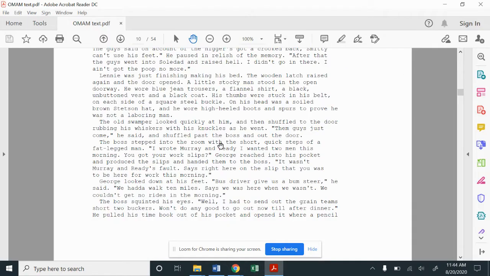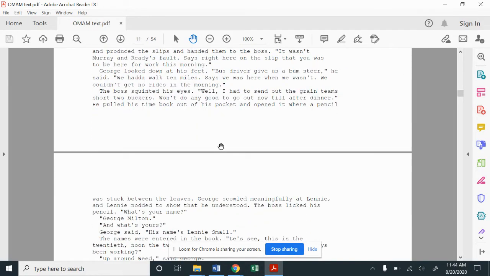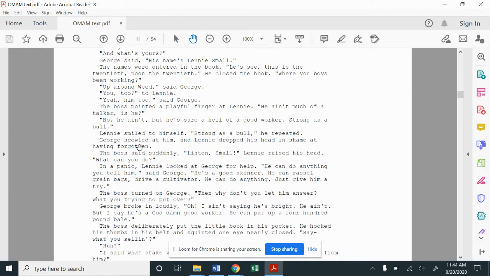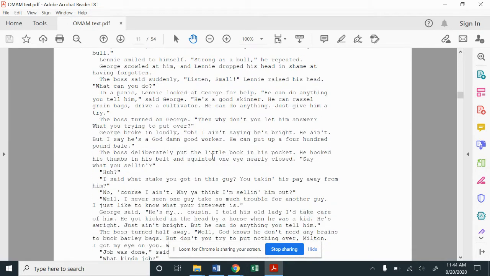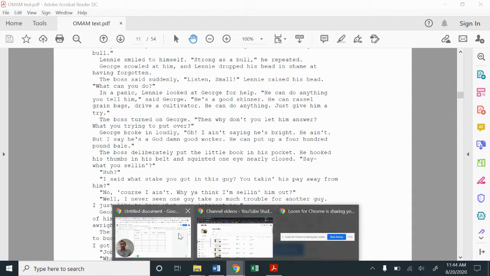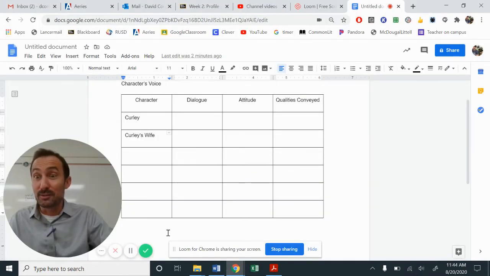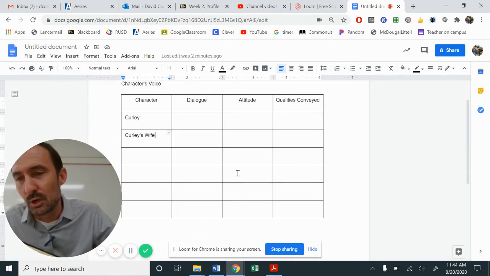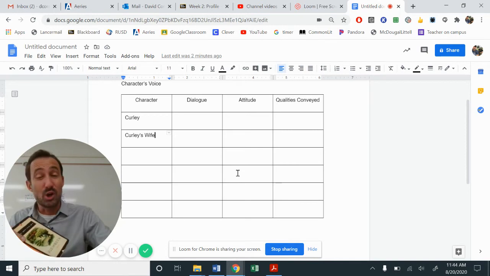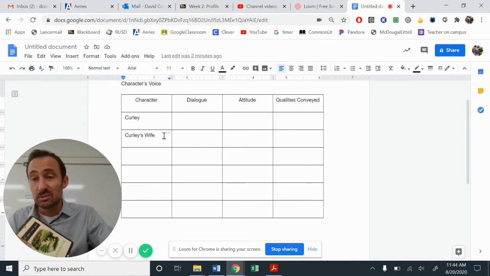Looking at, sorry, let me go back. The old swamper, that's Candy. Here he's introducing, he's got weed, or excuse me, he's from the town of Weed. He doesn't have weed. That's a whole other conversation. A lot of people actually think that George and Lenny were smoking weed. No, they weren't. They came from a town called Weed, which is a very unfortunate name for a town.